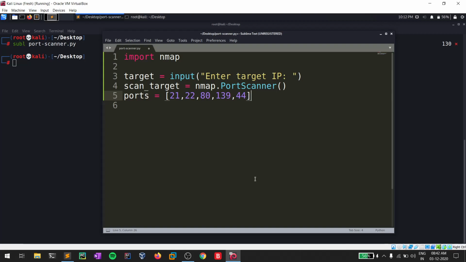You can specify the ports, or you can simply scan them. I'll specify some ports here, which are the most common ports available, and let's also specify port 443. These are the common ports that I want to scan, but let me first show you the output for a single port scan.